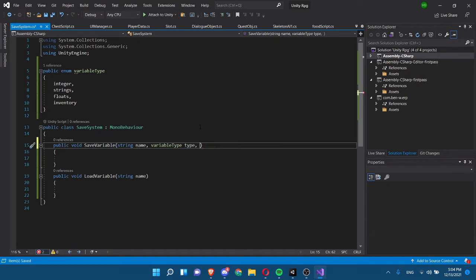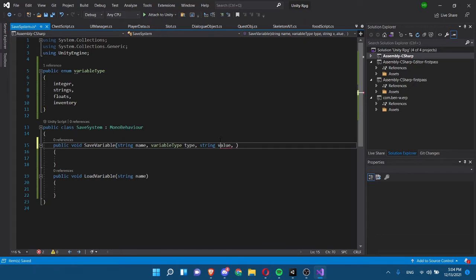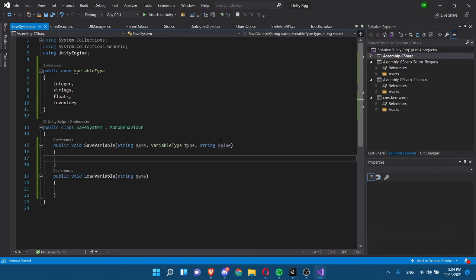So string value. Okay, so you might be wondering, actually, you know what we could do? We can create two different or three different variable types. Actually, no. We'll just have string value, and we'll just parse the value into an integer or a float whenever needed. So what we have here is we have three variables, and how it's gonna work is, say